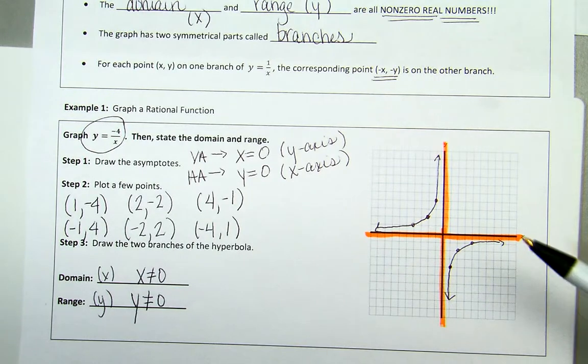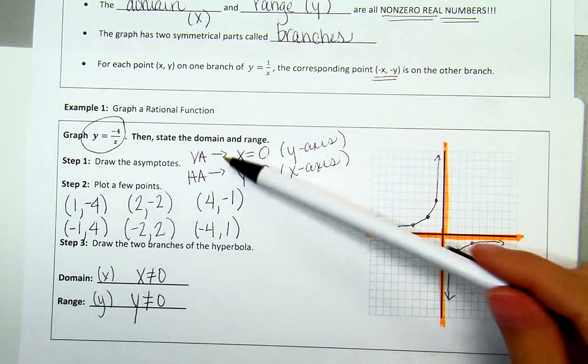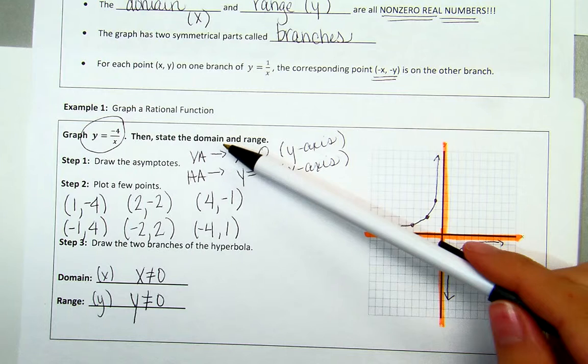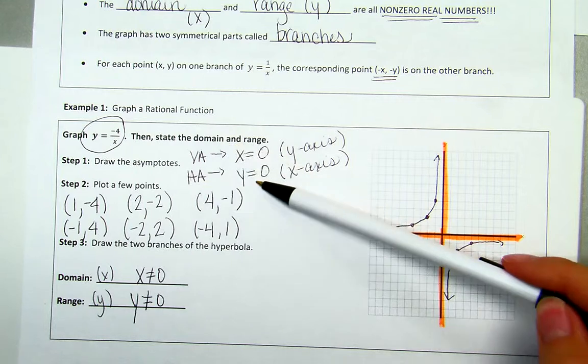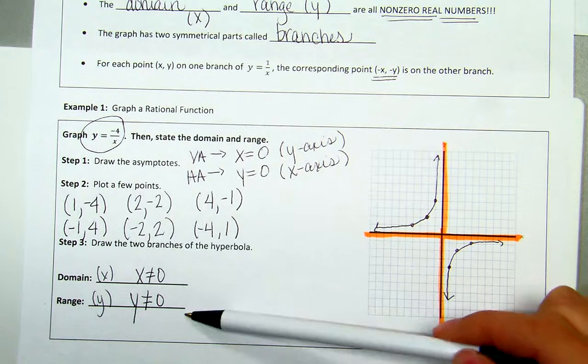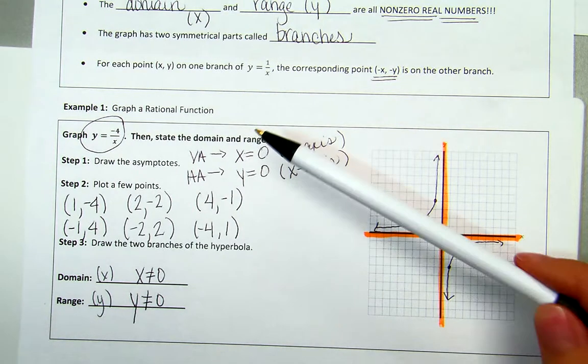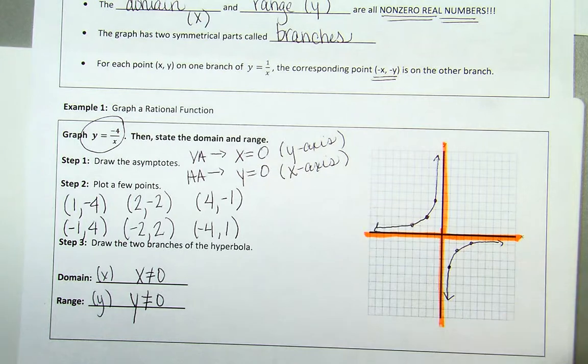A couple quick things I want to point out before we move on to the next couple examples: whatever your vertical and horizontal asymptotes are equal to, I want you to think about how that relates to your domain and range, and we'll talk about that the next time we get together in class. There is a relationship between your asymptotes and what your domain and range will include. Okay, so moving forward,